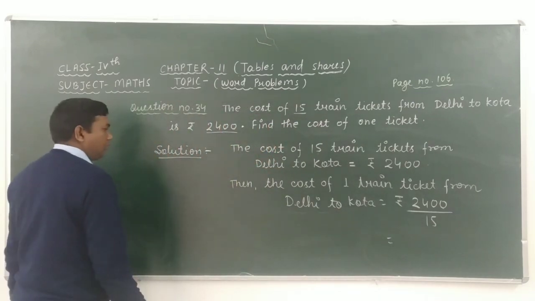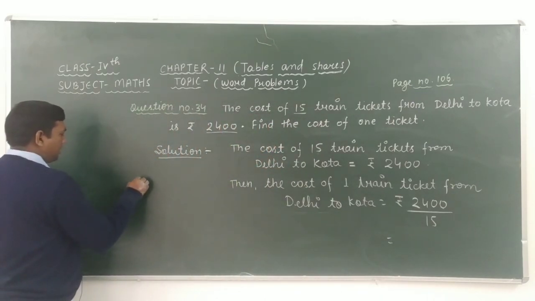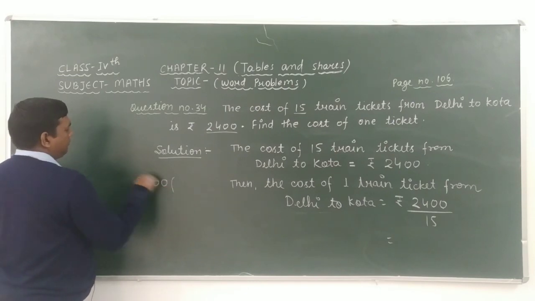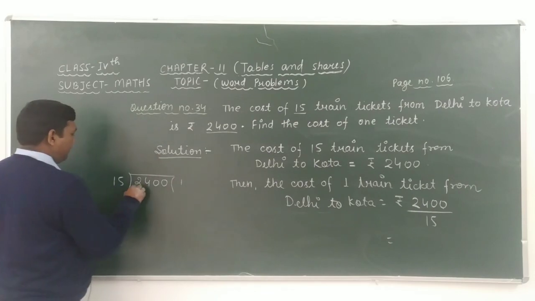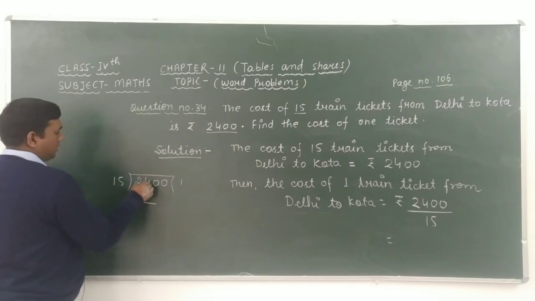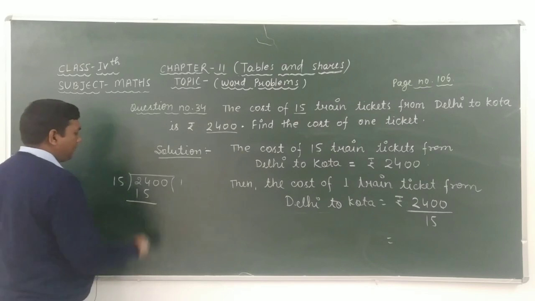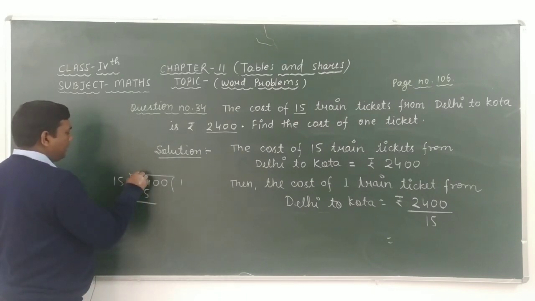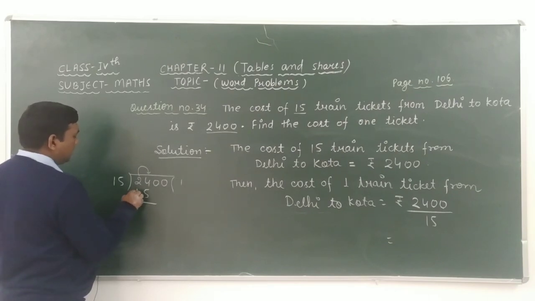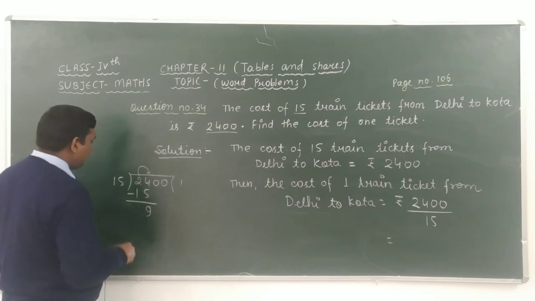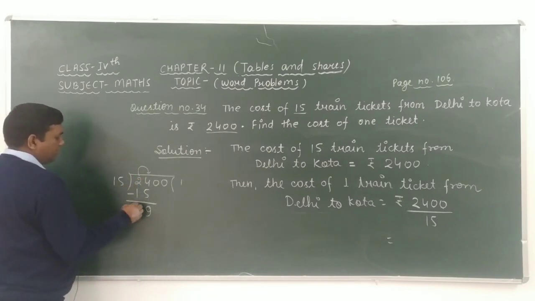Okay students, look here carefully. Here we have to take the division of 2400 by 15. Okay, 15 1 ja 15. Dear students, look here carefully. Here is 4 and here is 5. We know that 4 is less than 5. Therefore, we have to borrow one from 2, and this 4 makes 14. 14 minus 5 is 9. Okay students, and here we get 1 in place of 2. Then 1 minus 1 is 0. It will cancel out.